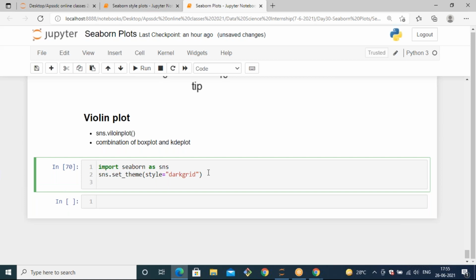Now we can apply the violin plot to the same tips data set. If you want to take a new data set, it's not a problem, try to take it. The execution is the same in any case. So the parameters are different, like the input data should be different. So SNS dot violin plot.